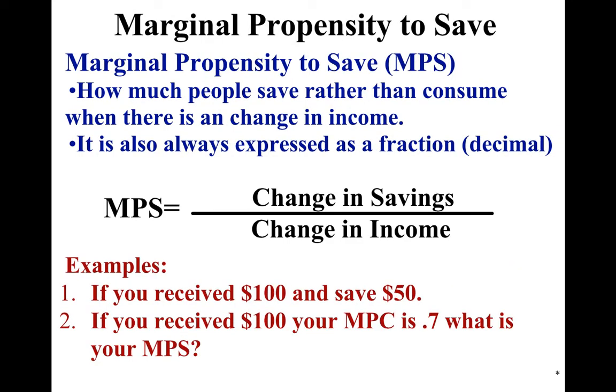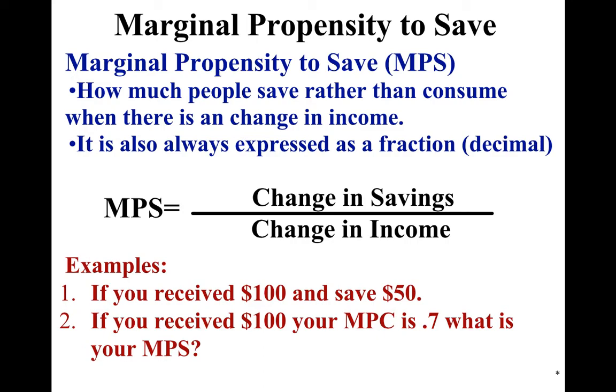There's also a marginal propensity to save, MPS. How much people save rather than consume when there's a change in income. So if you got $100, example number 1, and save 50, look at the equation. MPS equals change in savings over change in income. 50 over 100, so your MPS is 0.5. If you received 100, your MPC is 0.7. What's your MPS? Well, you don't know this yet, but I bet you can guess that if you're either saving or consuming, your MPS in this example will be